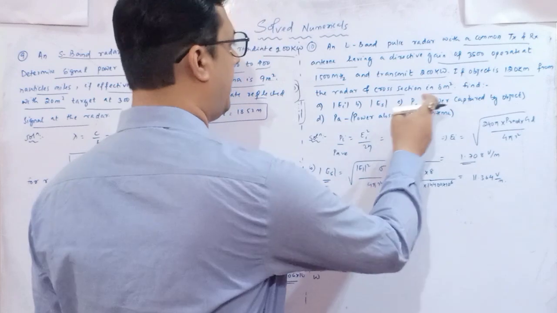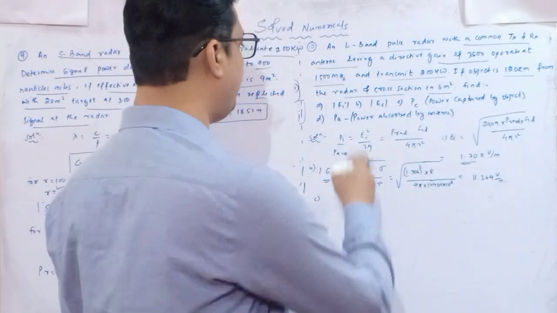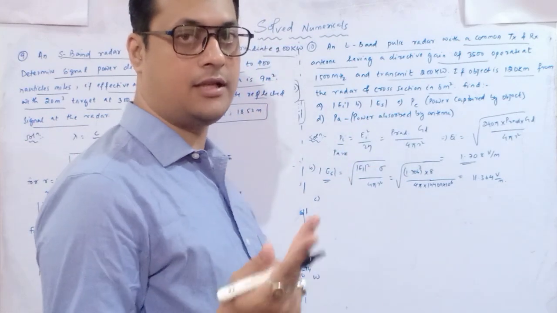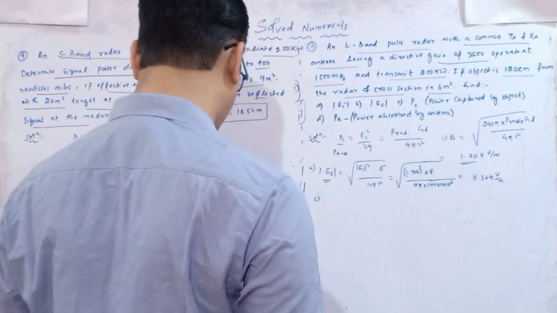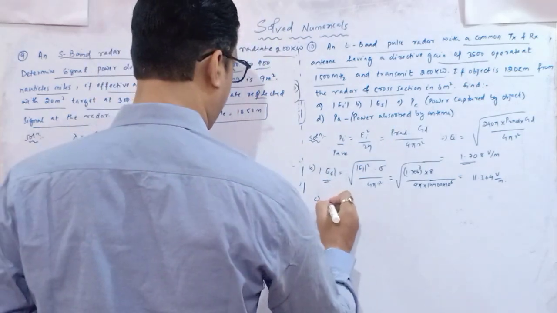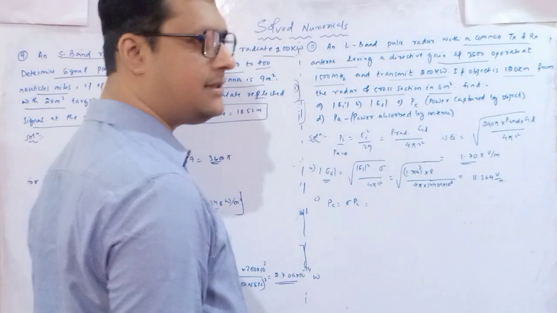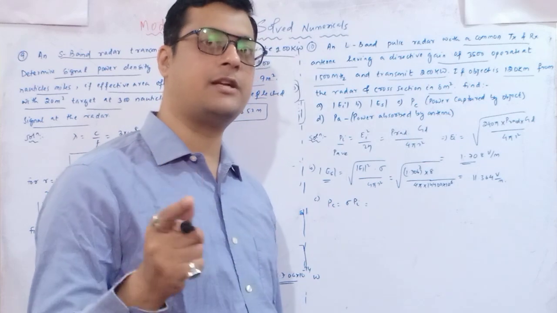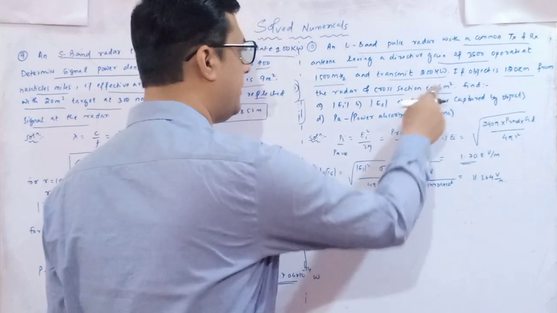Next, power captured by the object. PC we have to calculate, and then PA is the power absorbed by the antenna. Now there are two things, one is object, one is antenna. So here power captured we have to identify with the area, sigma into Pi, that's it. Sigma is the cross section. Now this relation is what? It is a relation with respect to the effective area. Remember that.